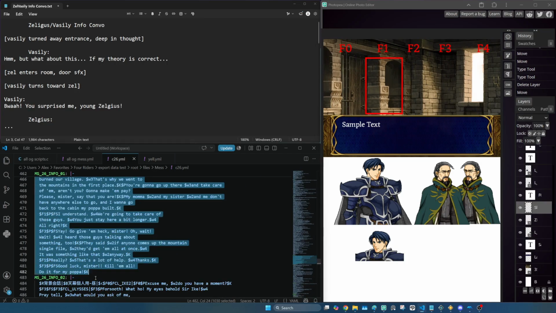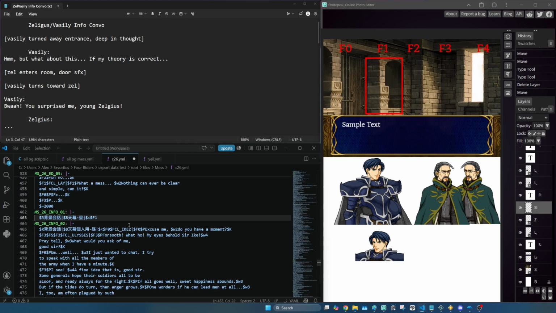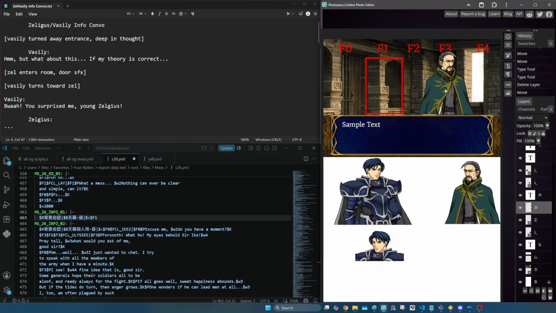We can just take out all this original stuff because we're going to replace it. And I'll worry about the background later. But we see in this stage direction that Vasily is turned away from the entrance, deep in thought. Now, for the face spots, 0 through 4, they're all facing the typical way, but there's actually a way to make it so that they face away. So if we want him to be here,